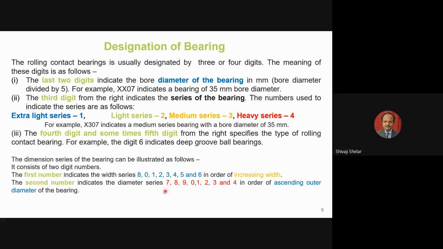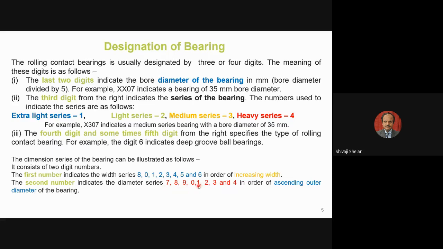You may ask, sir, why 7, 8, 9 have been kept less. It was not taken here because initially they started designing bearings of only 1, 2, 3, 4. Then they thought we can have still smaller capacity bearings. Then they designed 0. But 0 has a negative behind it. So they added further series of lower load carrying capacity by putting 7, 8, 9 in the opposite direction, that is below 0. So these are the extra light series having lesser diameter.